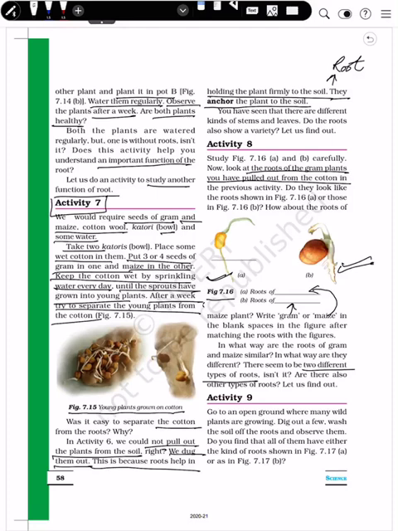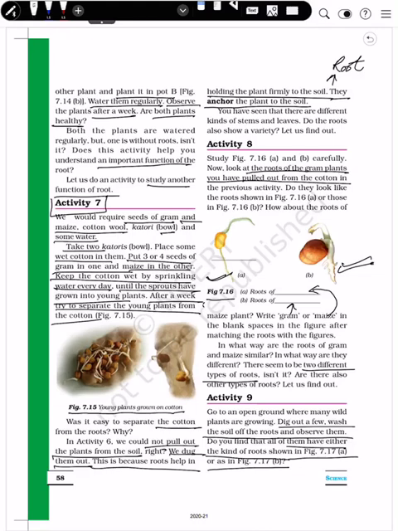We will wash the soil off the roots and observe them carefully. We will observe that the roots are either the kind of roots shown in figure 7.17a or